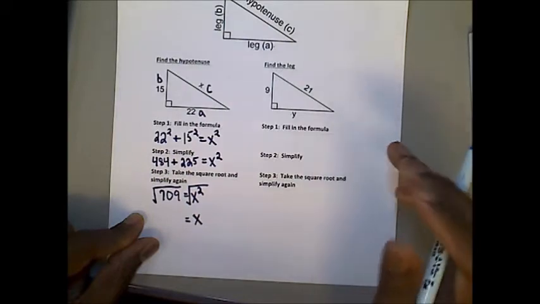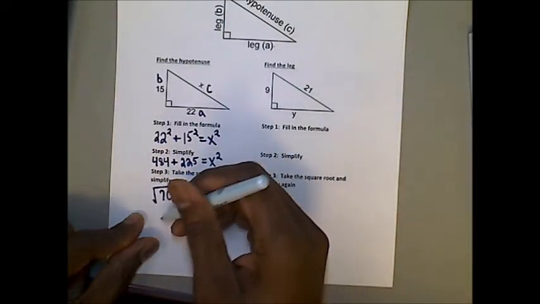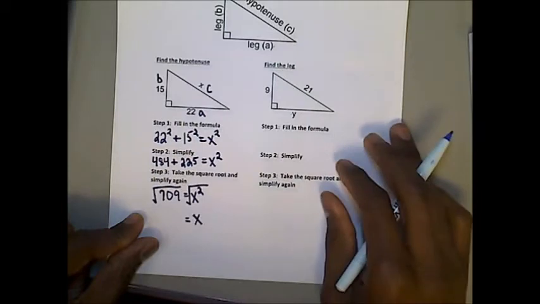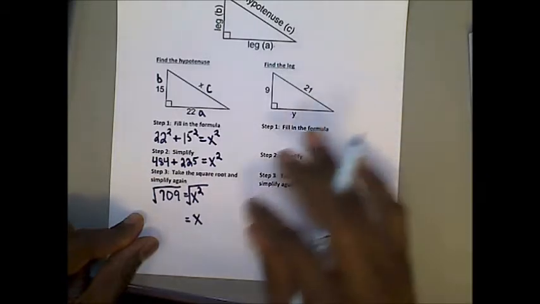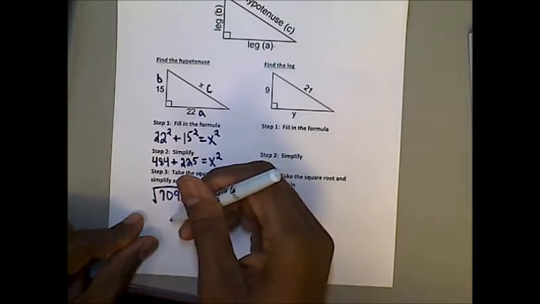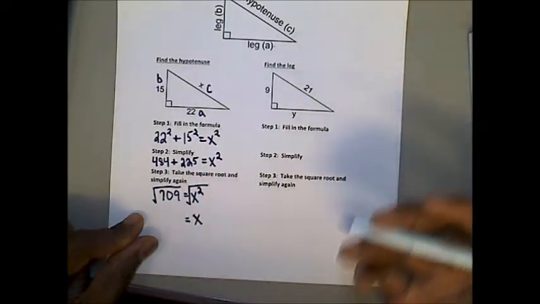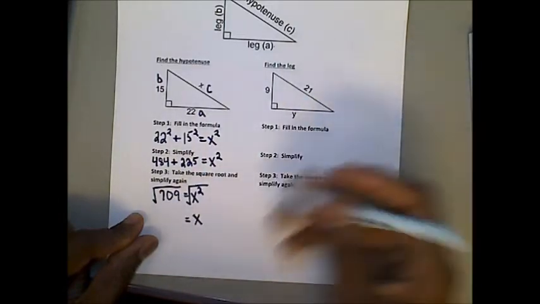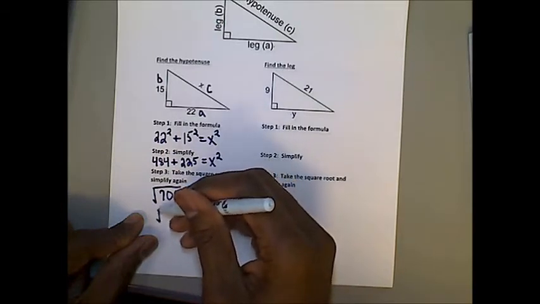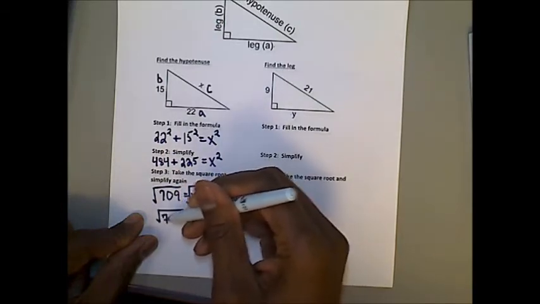Okay? So normally in situations like this, we would simplify the radical a little bit further, or if it's a real world problem, we would leave it as a decimal, or write it as a decimal. But since this is not a real world problem, we don't need to do that. But now, I'm going to take the square root of 709. Well, that's already in simplest form. So the value of x, my hypotenuse, equals the square root of